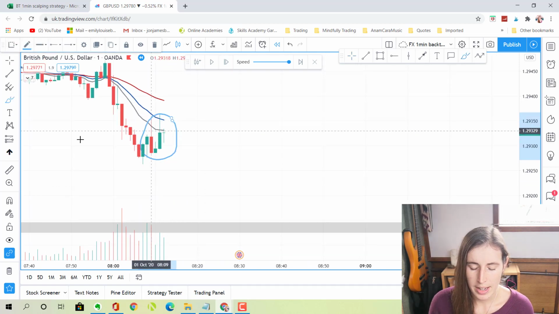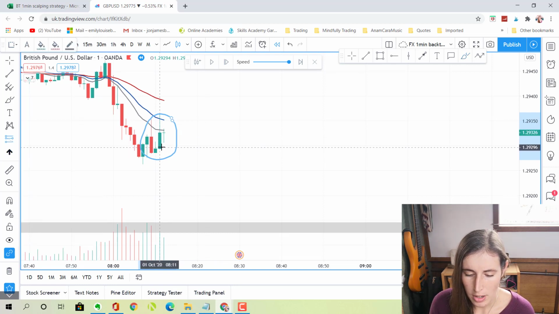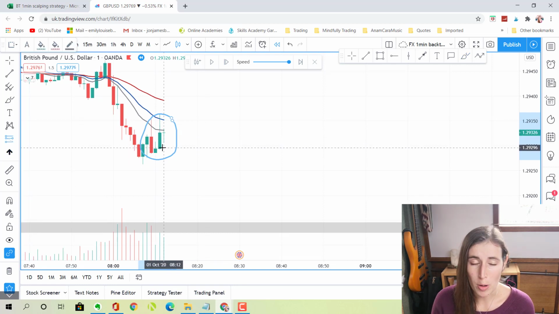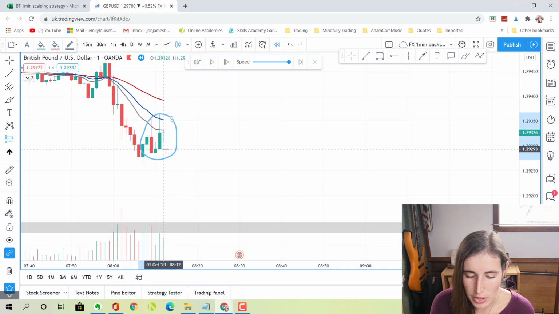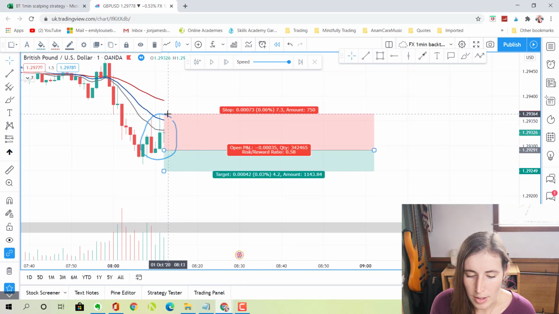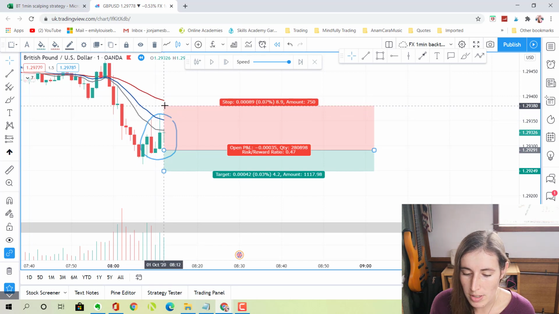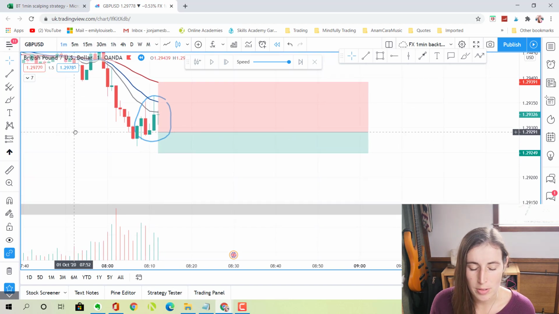And this area here, I'm looking to plan for a short below this larger of the candles for an inside bar break, because we've had this move up, we've got this wick rejection, and then we've made a small doji. So if it does actually come below this level, so I'll set the entry at 29, that would be interesting for short. I'm going to set my stop at 10 pips,